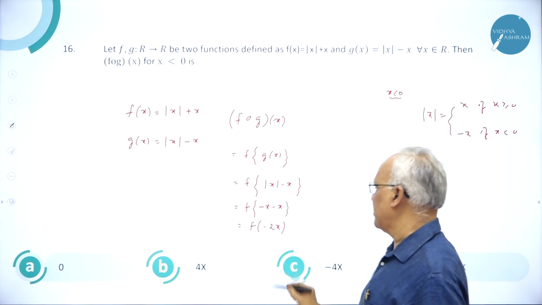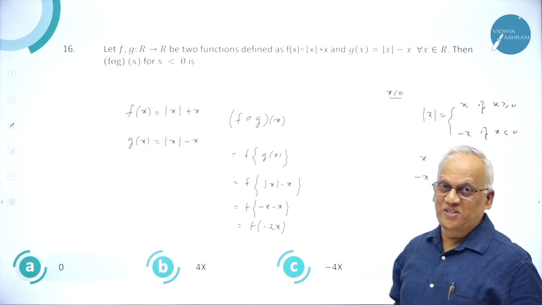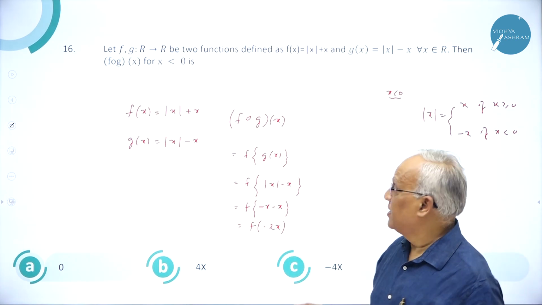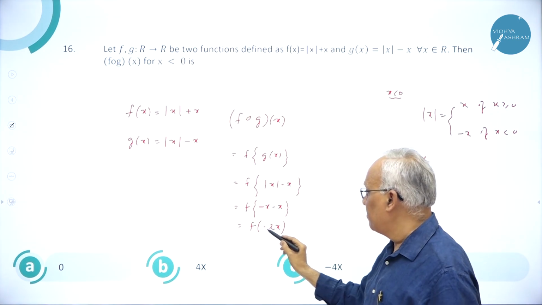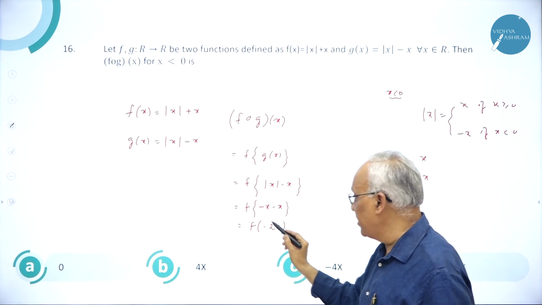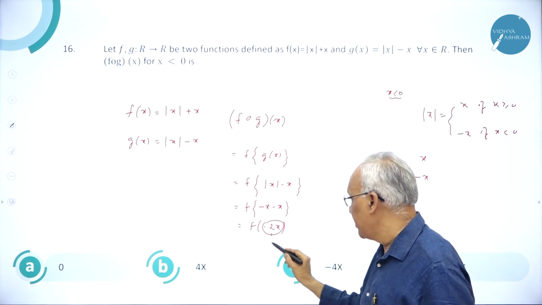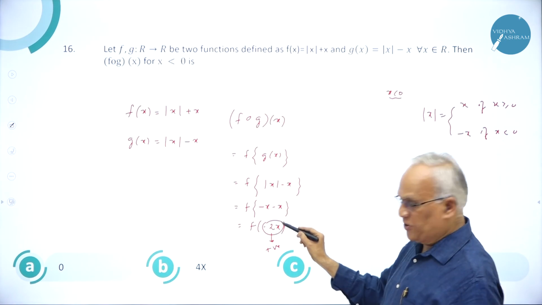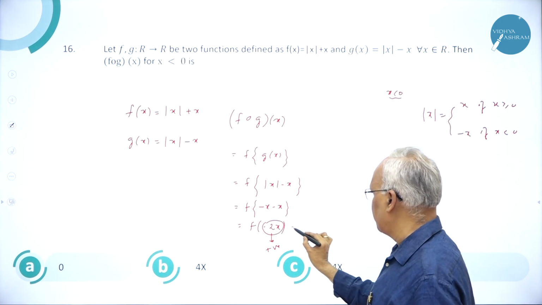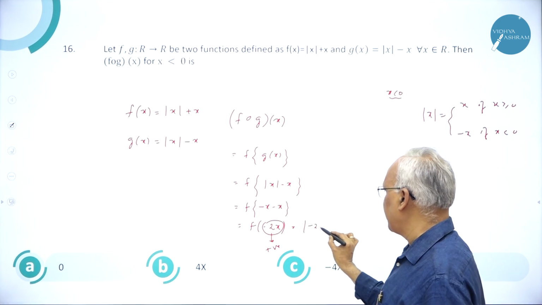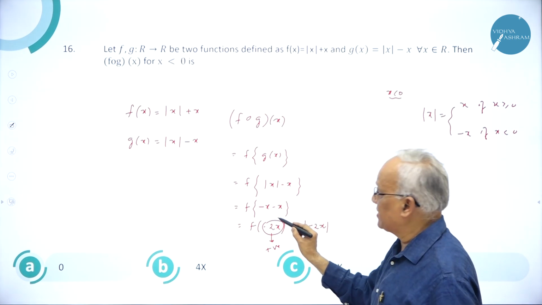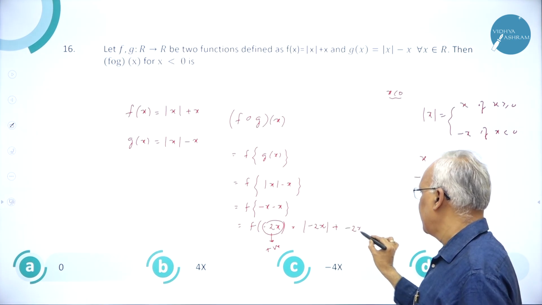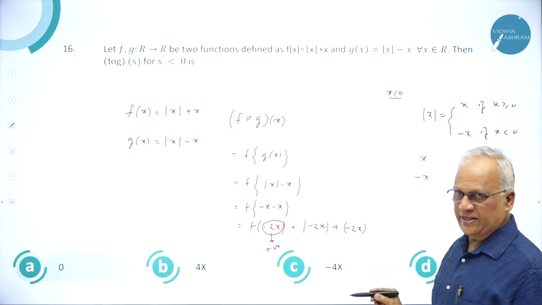Now tell me, is it positive or negative? This is where you go wrong. Minus 2x, you may say it is negative. But actually, remember, x is negative, therefore minus of this is positive. So this expression minus 2x is positive, you should remember. Taking this as one unit, f of this is equal to mod of minus 2x, the whole thing taken as x, f of x is mod of x plus x, taking minus 2x as one unit.